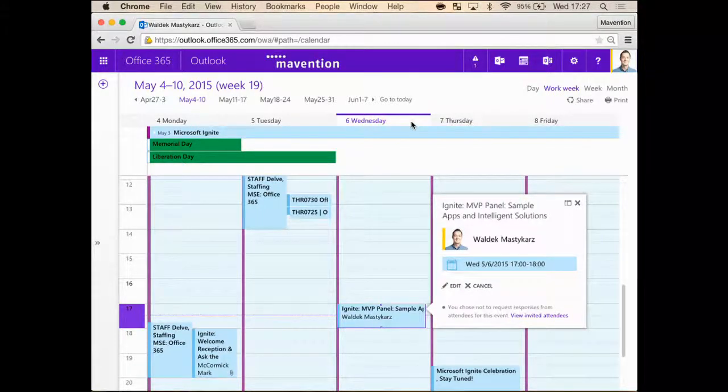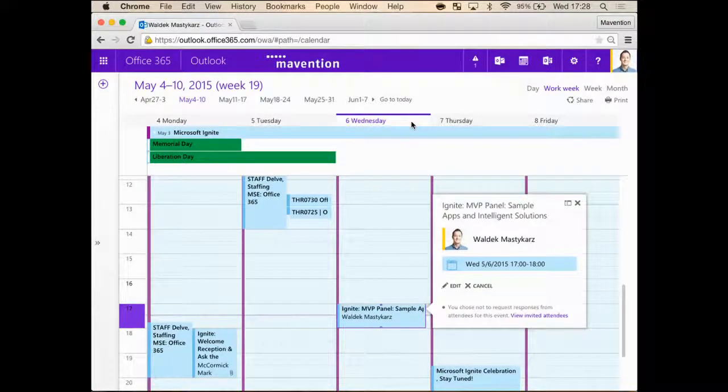We have just seen two examples of some additional insights around the Office Graph, but you can actually do more with that. So imagine that you could leverage the Office Graph to help you in your job. We all have appointments and meetings, right? And the one thing that you want to do is to ensure that you're prepared for your appointment and meeting. So how do you do that? You search, you go through your email, Yammer, everything, but you have to do it on your own. What if you could have an add-in in Outlook, in context where your appointment lives, that helps you prepare for your meeting?